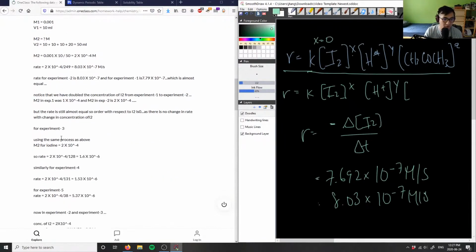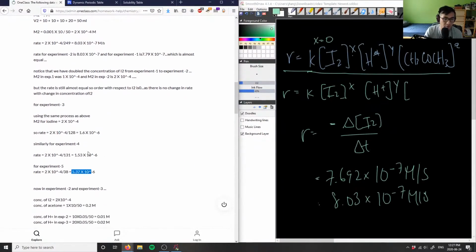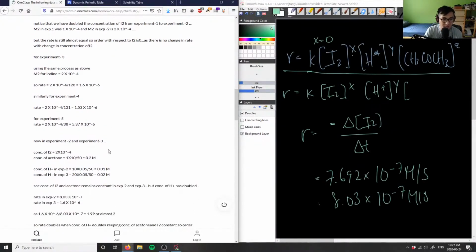So they did the same process for iodine. So you got the rate for experiment 3, 4, and 5, and then you compare the rates together, right? So you see that this is 1.6 times 10 to the negative 6. This one's also very, very much the same, and this one is 5.37 times 10 to the negative 6. And you're comparing H plus instead, right? So you're comparing the concentration of H plus in experiments 2 and 3. You figure out that they double, but the rates,